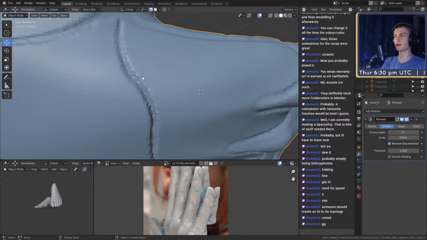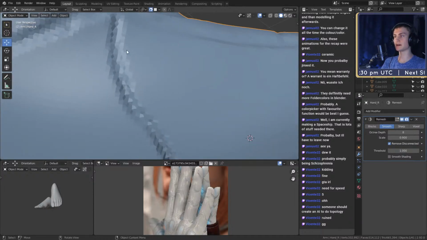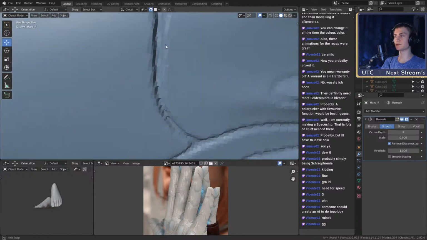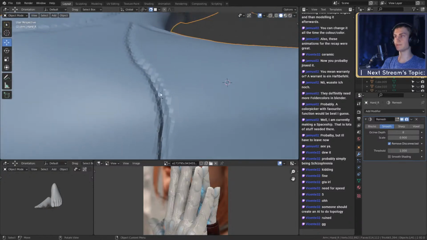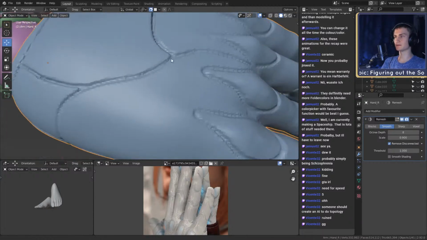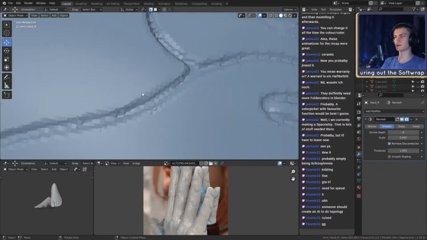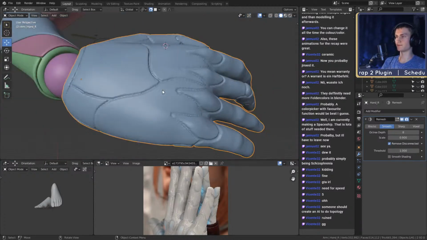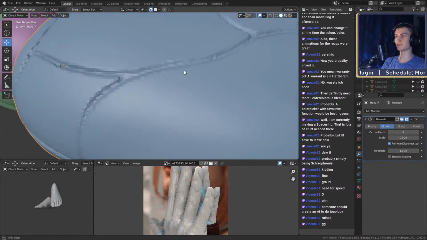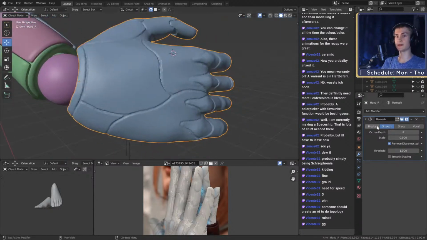A bad edge flow creates these sharp, pixelated edges, which don't look as good as making it yourself. They look more like a razor or steps rather than clean edges. That's why I don't use the remesh